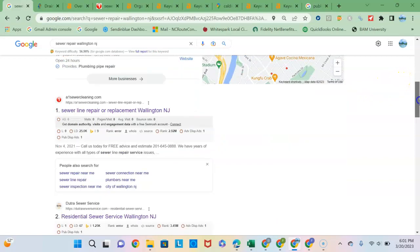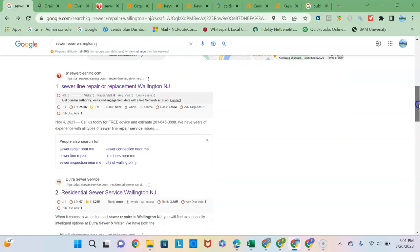And then the last section down here is the organic listings, and basically the ranking is based on the strength of your content and your backlinks profile. So I just wanted to compare your content and backlinks to this A1